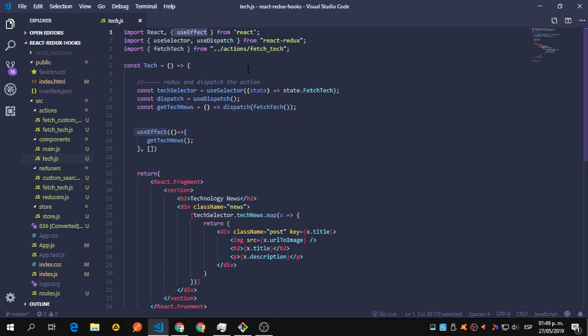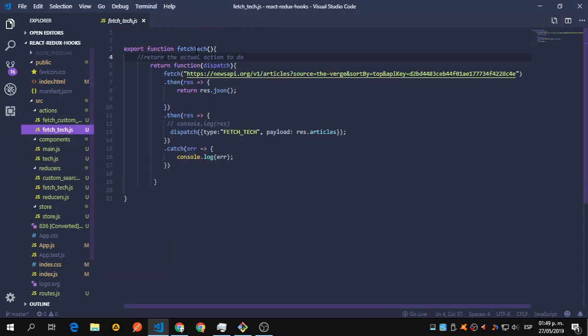Damn. And useSelector uses patch from react-redux, because we need to connect and to run the action. Okay, now you know what is going on. And the fetch tech, that is the action. Let's go to action. Okay, is this fetch tech that is returning